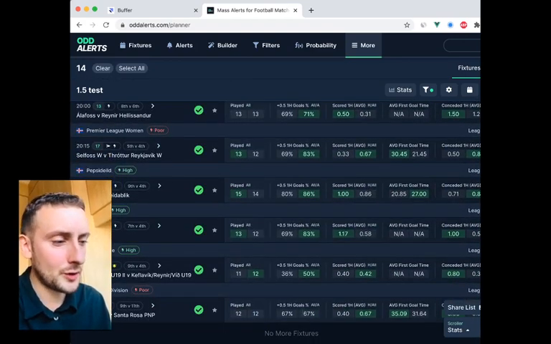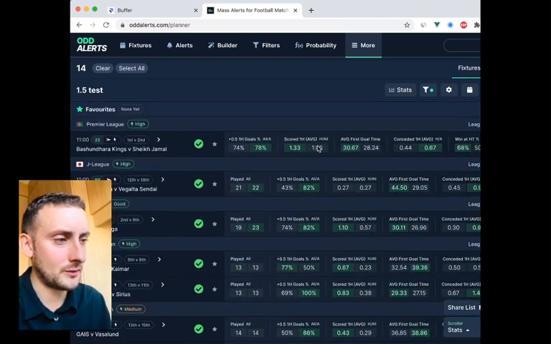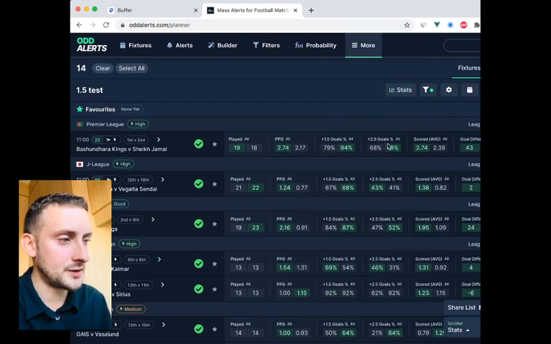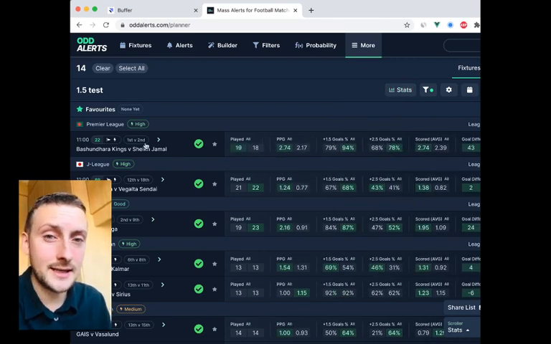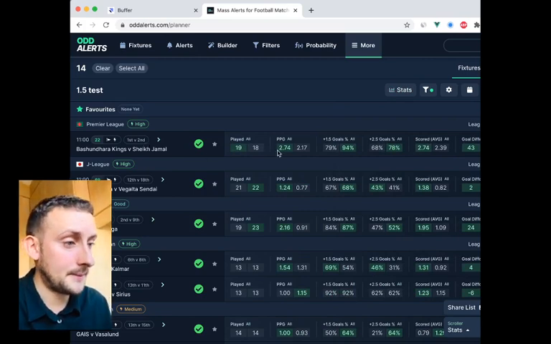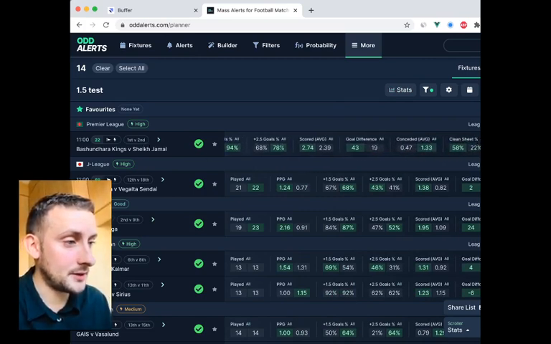And then I would just go through that process that I've just done as well. So I would look at these stats, and you might want to change them. Let's go to the overs, and we can then see the goal difference. This one looks fine, although it is first against second. So it's whether you want to add that risk. It might be that they don't concede many. You know what? I'm